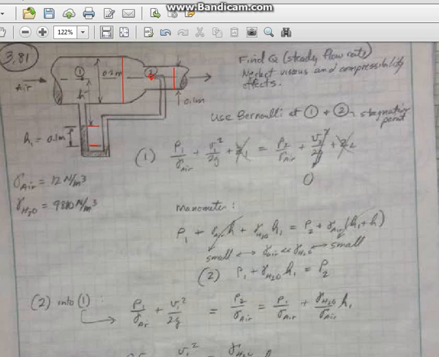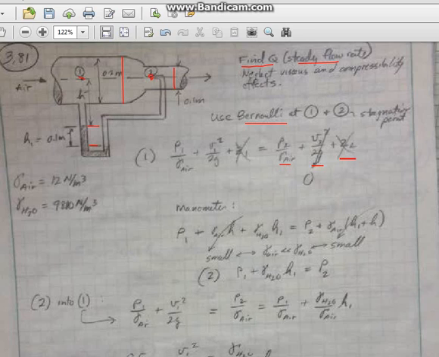So we're using some concepts from chapter 2 and putting them into chapter 3. So it's steady flow. We want to know what the Q is. So this is a Bernoulli situation, and we're going to go from 1 to 2 in Bernoulli. We're going to equate those two places. So at point 1 over here, we have pressure 1 divided by gamma air plus v1 squared over 2g plus z1 is equal to p2 over gamma air plus v2 squared over